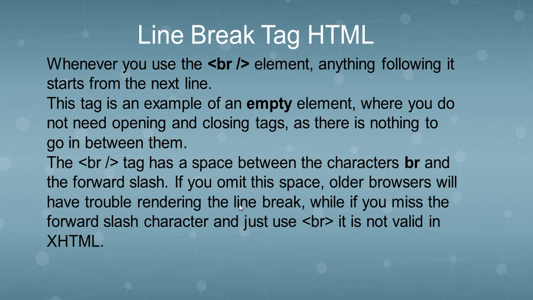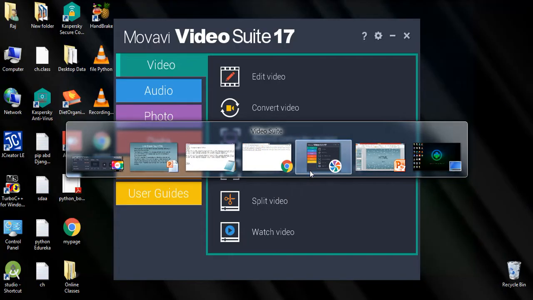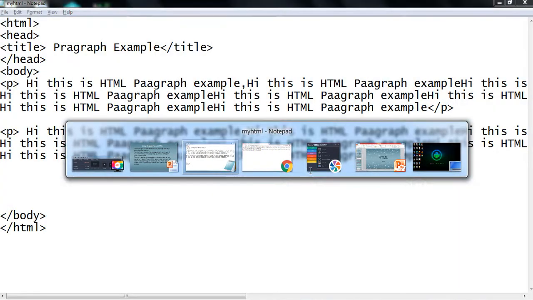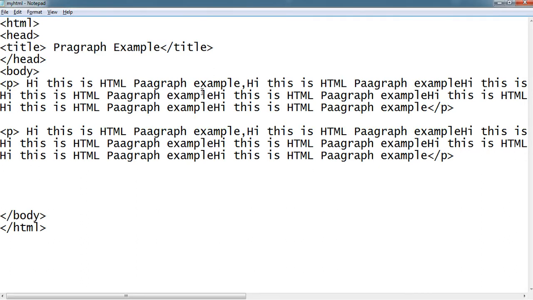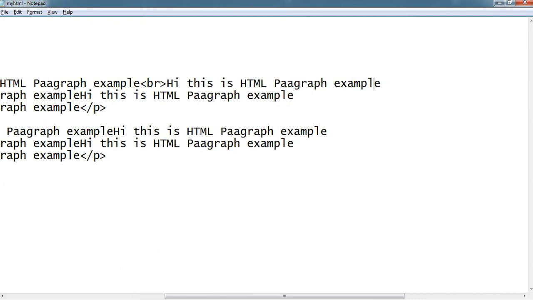Actually, the BR tag is not used in XML. Why? Because XML has a line feed operation by which we can separate a particular statement from the others. So now come back to our code. Here you will notice, students, we have not used the BR tag. So if we use the BR tag a number of times, copy this and place it between every example, you will see a better effect of the paragraph.